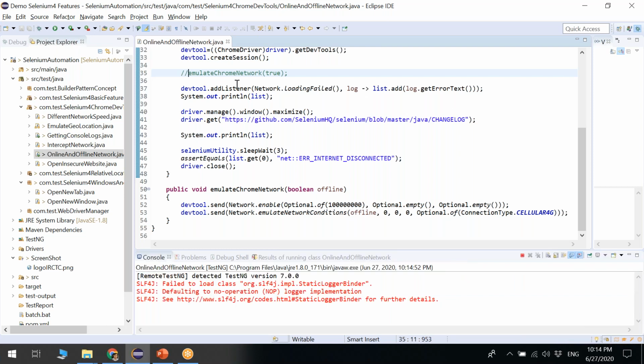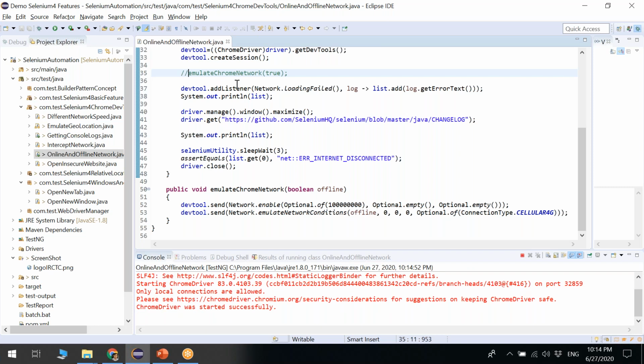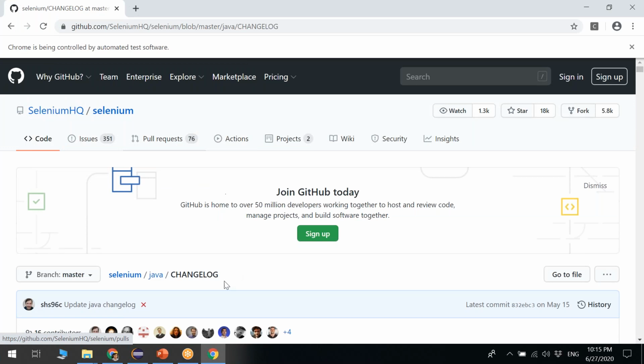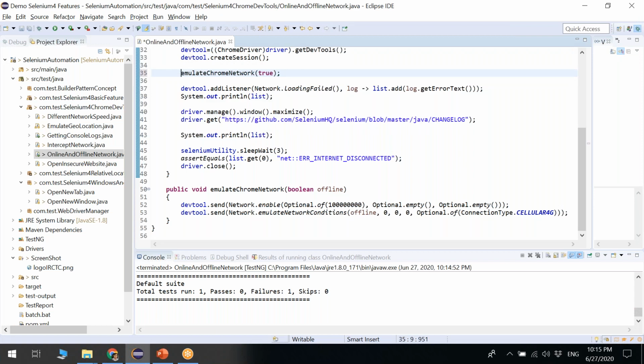I've just commented out this line. So the web page is loading, and it's loaded. It's the GitHub page of Selenium HQ, the changelog history, and it's loaded. So let me close it. And this is the main scenario.